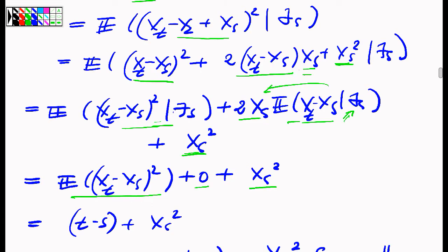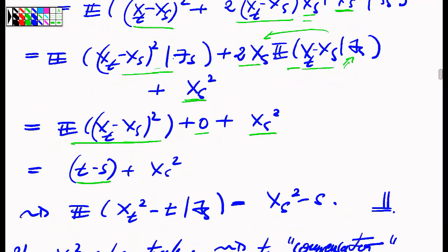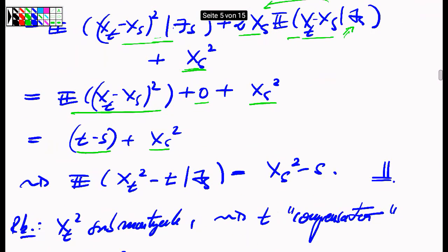And finally I'm left with Xs squared. Now the full expectation of this increment squared is the variance of this increment, and that was supposed to be t minus s by our condition on the Brownian motion. So I'm left with t minus s plus Xs squared,